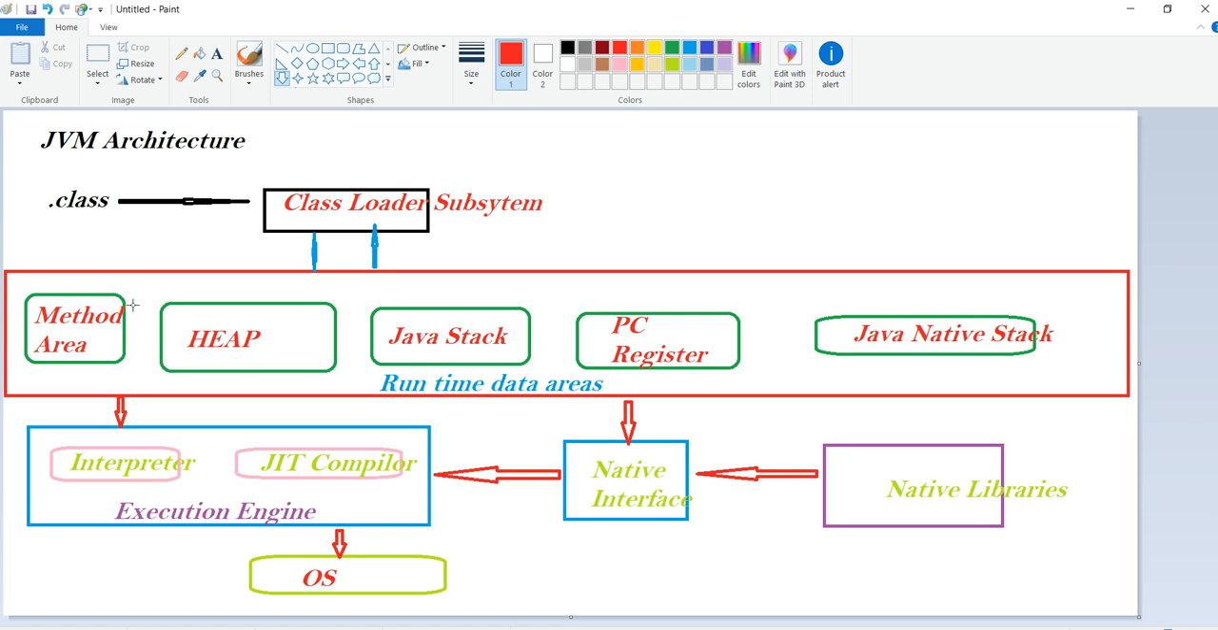So in this, again, internally there is a bytecode verifier. Before submitting the data into the method area, it checks whatever code any developer has written, to see whether it is in a proper format or not. That means it checks whether the .class file is proper or not. Then, if the bytecode instructions are valid, it will load the bytecode instructions